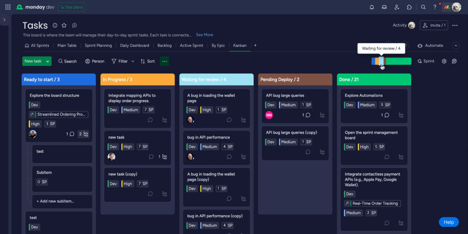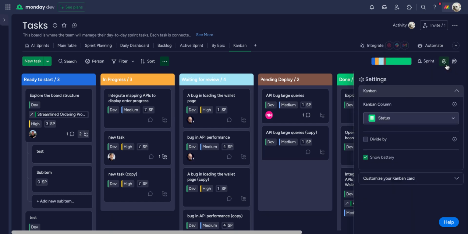We can even click into these and it's going to highlight which of those tasks. You can see on the left-hand pane over here, they're lightly highlighting which of those items it corresponds to within those segments. As we click into our settings to further customize our Kanban view, you'll notice that there's a few